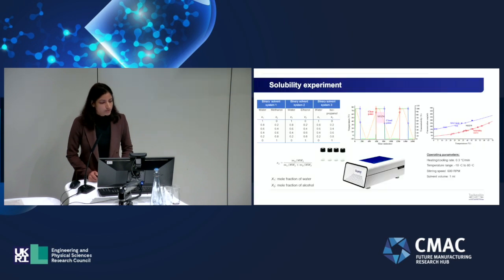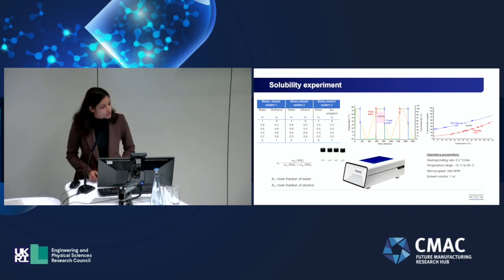Coming to experiments, first, to see the effect of solvent and solvent composition, 4 pure solvents were selected: water and 3 alcohols, methanol, ethanol, and isopropanol. Then binary solvent systems were prepared by adding alcohols to water. 3 binary solvent systems of water-methanol, water-ethanol, and water-isopropanol were used, prepared using this equation below. And these are the concentrations